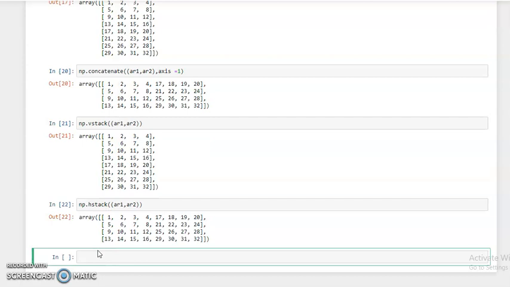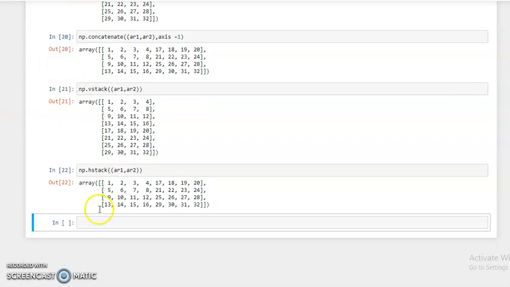Okay, you can see the horizontal stack or horizontal concatenate. Similarly, we can concatenate more than two arrays. Suppose we have a third array, so we can pass here array 3 and array 4, array 5. Likewise, we can concatenate horizontally and vertically.